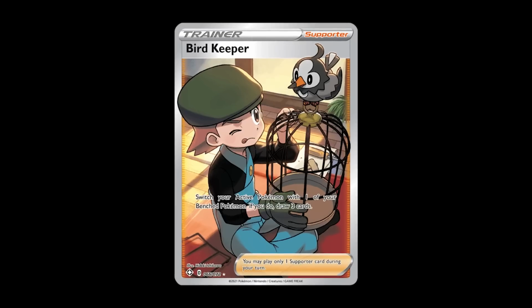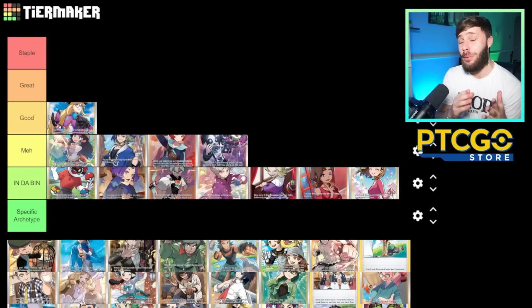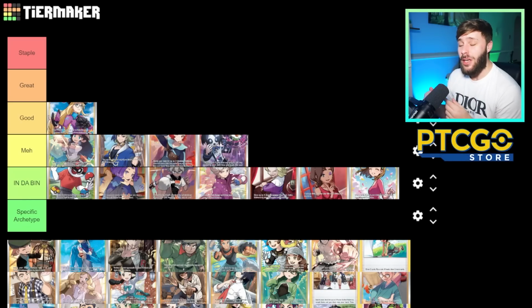Bird Keeper. Switch your active Pokemon with one of your bench Pokemon. If you do, draw 3 cards. This card is seeing play now. It's a very situational card. The reason it's seeing play is mainly in Lugia, because of course Lugia has the paralysis issue where it really can't deal with that and it needs switch outs, and sometimes Bird Keeper is the way. So it's definitely, again, one of the better draw 3 effect cards,